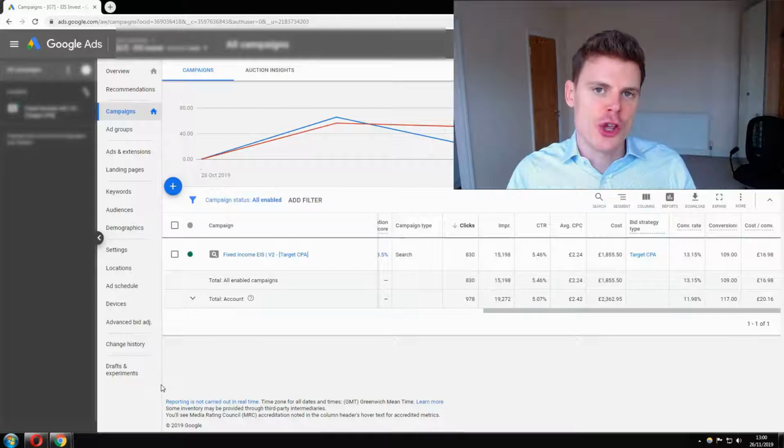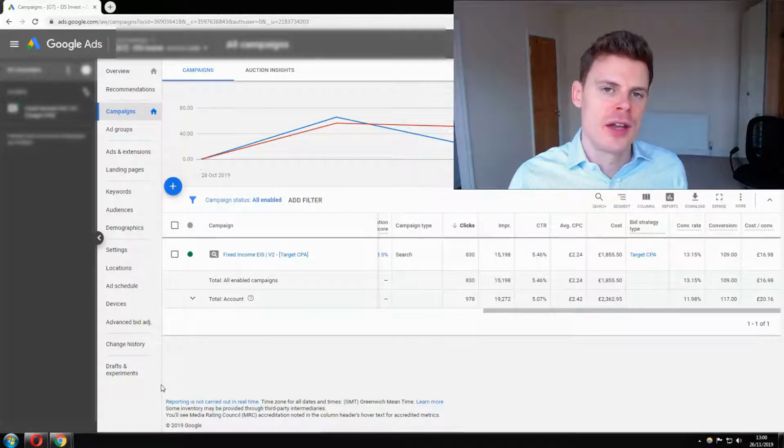Now, I'm just going to go through each of the different bidding strategies, when to use them, and which bidding strategies are going to be best for you. And I'm going to show some examples of accounts to show you what these bid strategies can actually achieve for you. So to start off with, I'm just going to show you how to select the different bidding strategies for